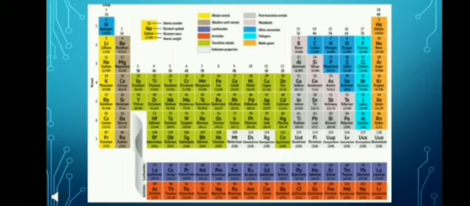And in the middle of the periodic table, that is the d block elements, there are 10 groups in the center of the periodic table. और इसको हम लोग ट्रांजिशन एलिमेंट्स भी बोलते हैं, जो कि हम लोग अभी 12th स्टैंडर्ड में पढ़ेंगे. At the bottom of the periodic table, there are two series of elements present. These are also known as the inner transition elements, or also called lanthanides and actinoids.